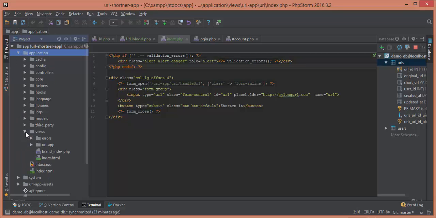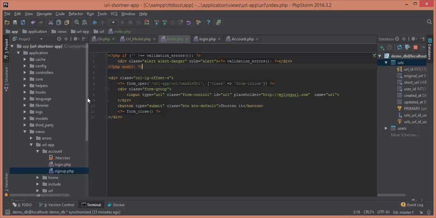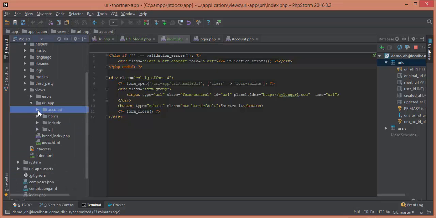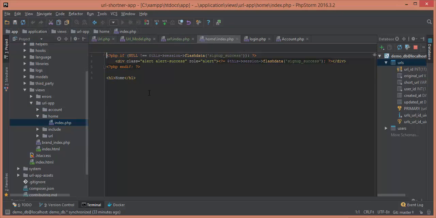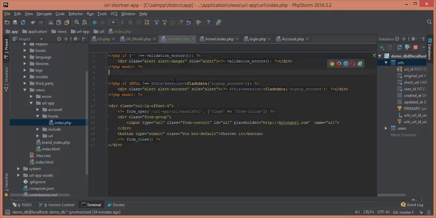Under view we have URL under account in the sign up page or in the home page. In the home directory, see we have used that flash data messages. Copy that, move to your URL and paste that,